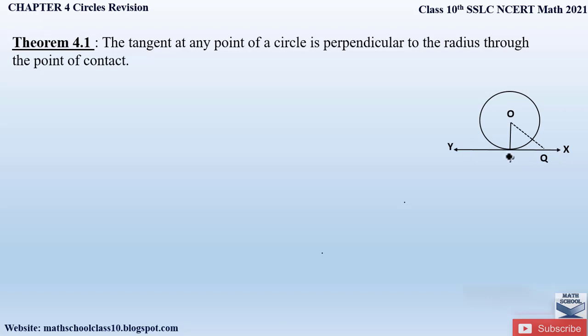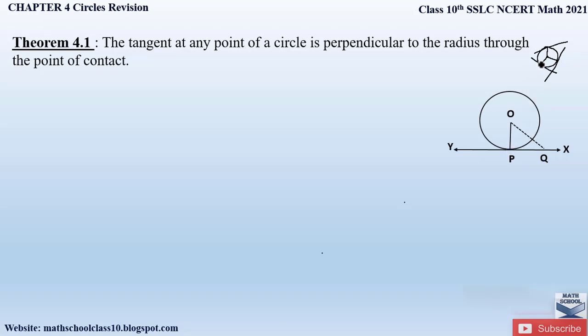So the theorem says the tangent at any point of a given circle. Wherever you want to draw this tangent on a circle, for example, if the tangent is at this point, or at this point, or at this point, you can observe that the radius will always be perpendicular to any given tangent at any point of a circle. At this point of a tangent, the radius is perpendicular. Again, here you can observe that the radius is also perpendicular to this tangent as well. Hence, the tangent at any point of a circle is perpendicular to the radius through the point of contact.